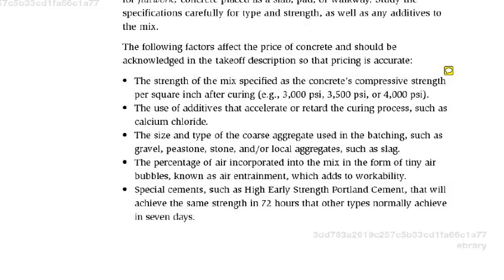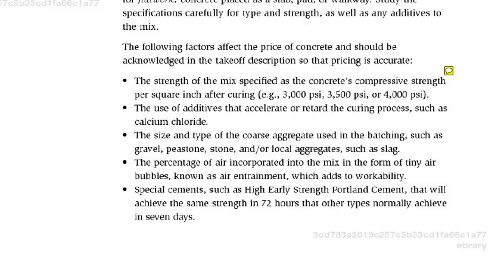For example, if you have different strengths of concrete, some 3,000 psi concrete and some 4,000 psi concrete, you're going to need to do a takeoff for the 3,000 psi and one for the 4,000 psi, because it's going to cost more for that 4,000 psi concrete. Why? Because it's probably got additives in it, and certainly it's got more cement in it,